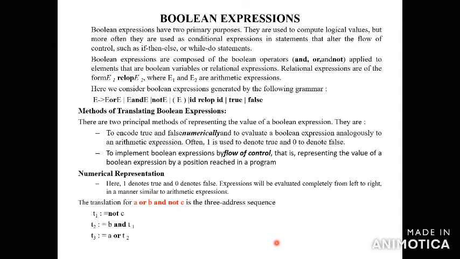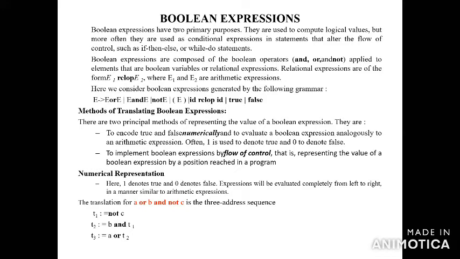Okay. So what are the methods of translating Boolean expressions? In Boolean expressions, we have two methods for representing the value of the Boolean expression. The two principal methods are: first, to encode true and false numerically and evaluate a Boolean expression analogous to an arithmetic expression.